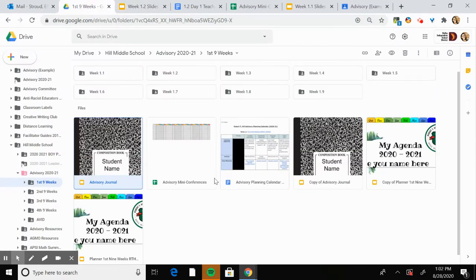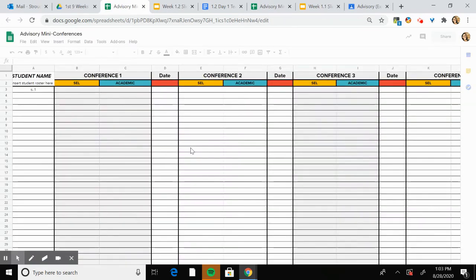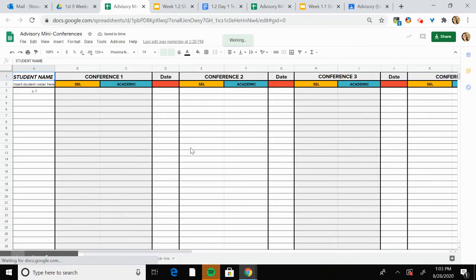The next thing I'm going to show you is the advisory mini conferences spreadsheet. You do not have to use this specific template, although I highly encourage it because it has really everything that you need for conducting mini conferences with your students. You guys will be conducting conferences every Tuesday and Thursday, and we are trying to make sure that we contact or have a conference with each student in your advisory at least